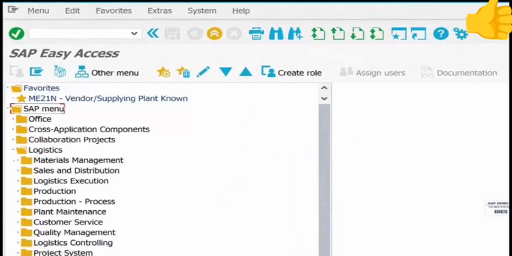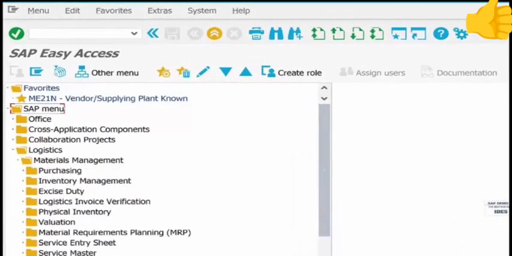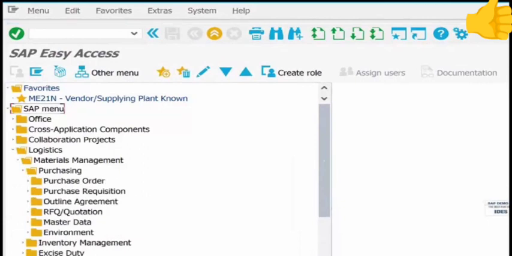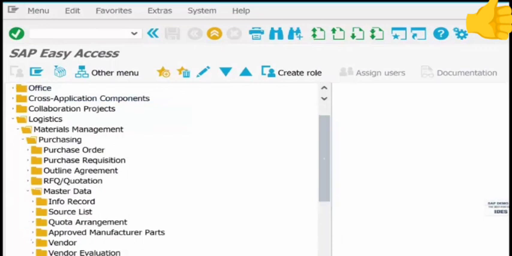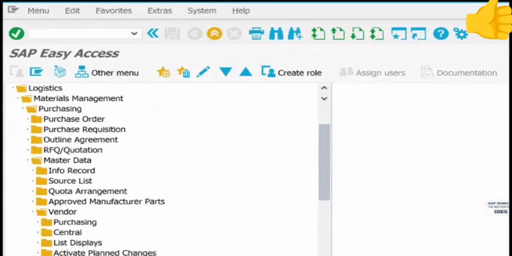So go to logistics, material management, purchasing, master data, vendor, and then we have purchasing and central. Then either go to purchasing and create only the general and purchasing view of the vendors, like so, or we can go to central and create all the 3 different views. Let's go to central. Go click XK01